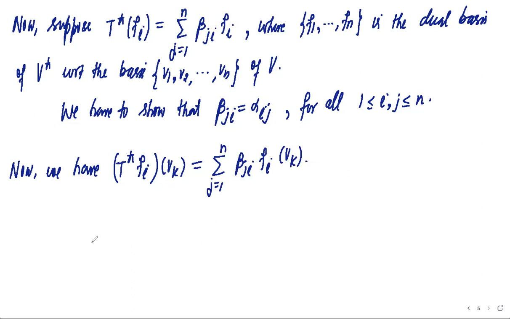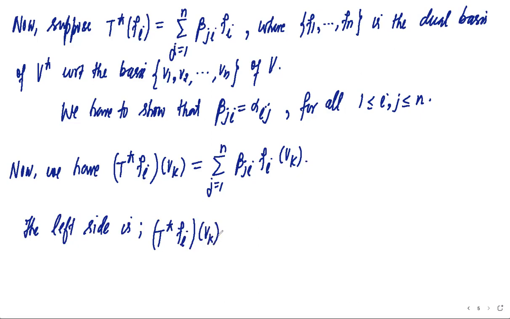So we have this equation. Now we will look for what is the left-hand side of this equation and what is the right-hand side of this equation, because the coefficients here are the coordinate vectors and they actually form the columns of the matrix of T star, which we have denoted by B. So now the left-hand side is this T star, the left side is T star Fi